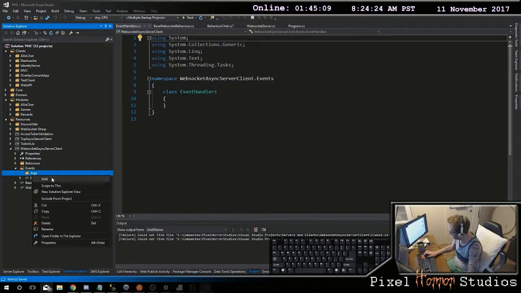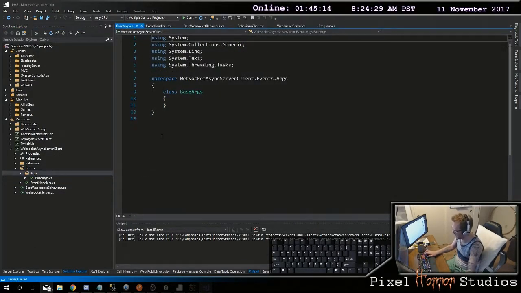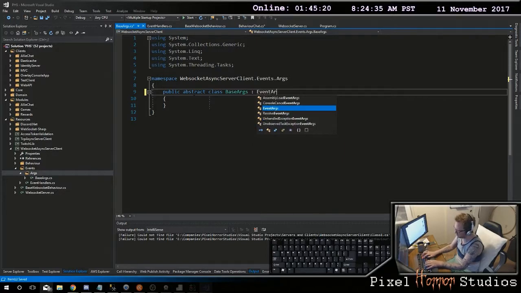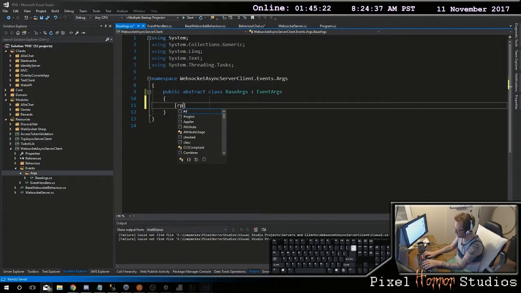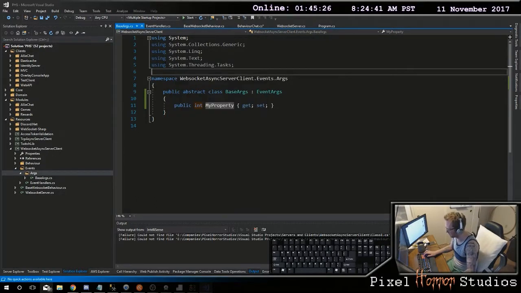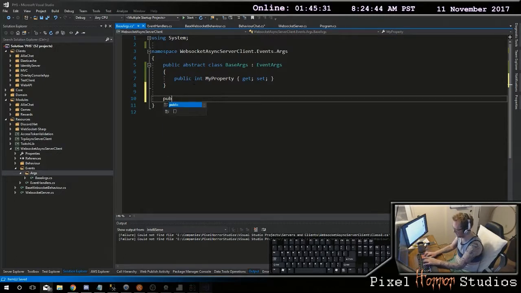And since this is going to be a standalone client, we're just going to make a new class in here called base Args. Yeah, we'll do a public here, and it'll be abstract, and it'll be inheriting from EventArgs. And what we need is an enum in here, right? Of my public enum called my